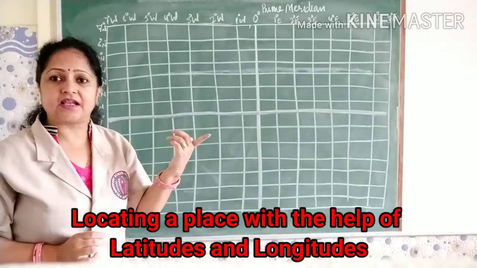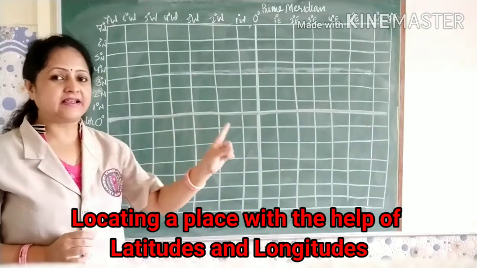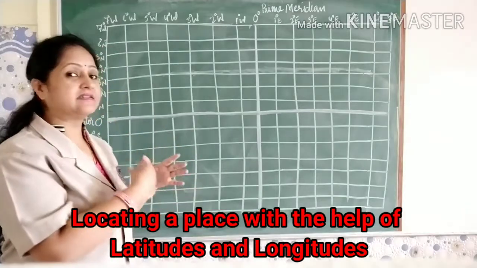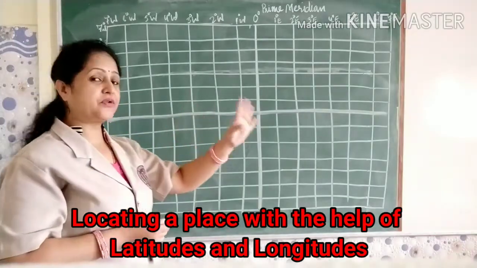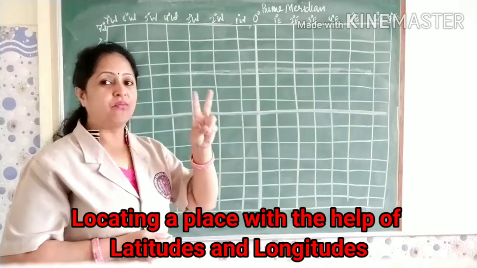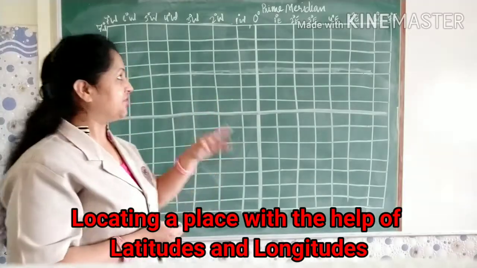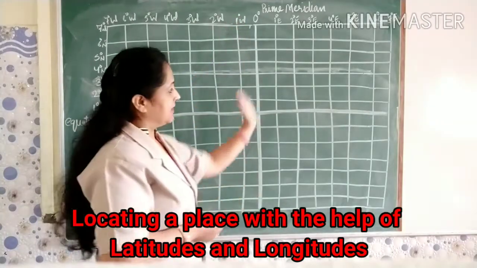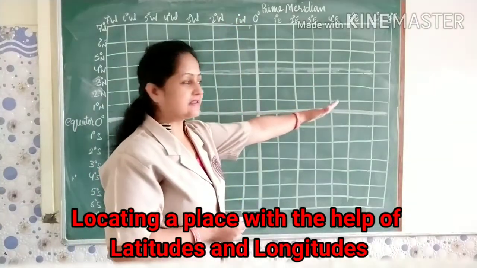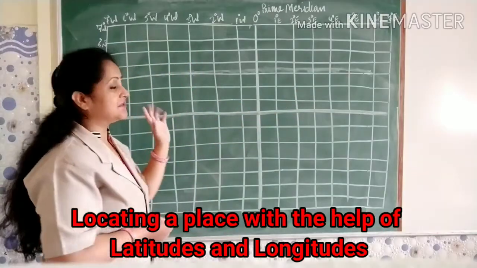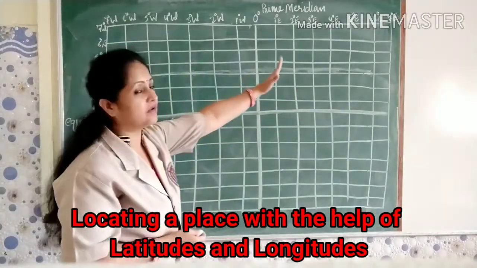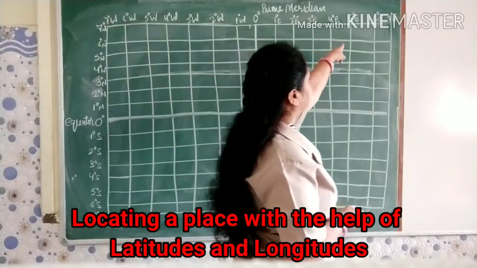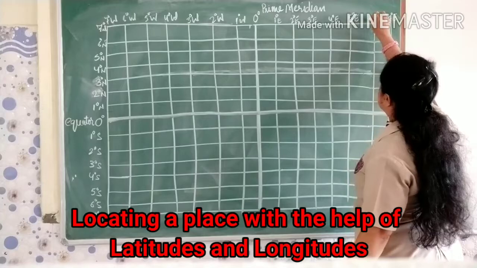Second is 6 degree E. Okay, 6 degree N we know. Now the second is 6 degree E, and we have to find out 6 degree E. As I told you, E and W both are for the meridian. So we will have to start from the 0 degree meridian. This side is our eastern side, this side is our western side. So 6 degree E means we have to find it on that side. So 1 degree, 2 degree, 3 degree, 4 degree, 5 degree, 6 degree. Okay, this is our 6 degree.